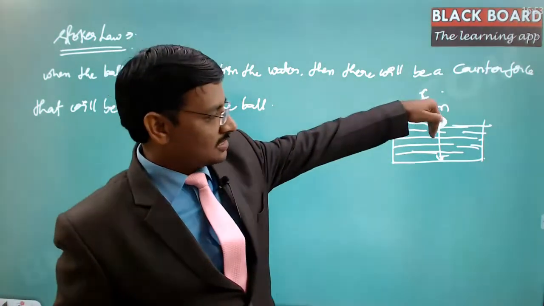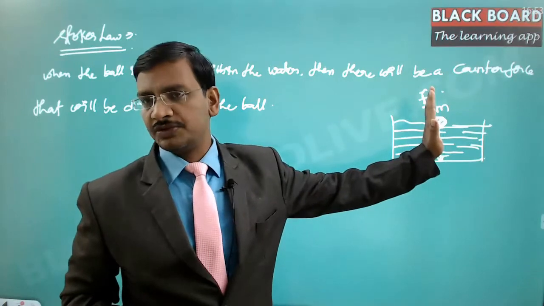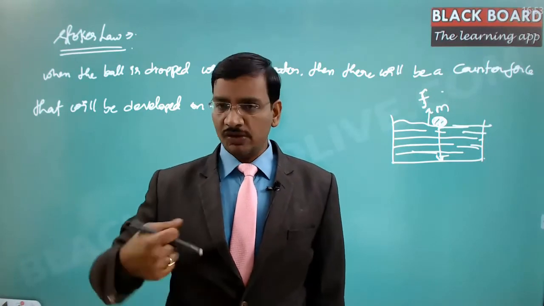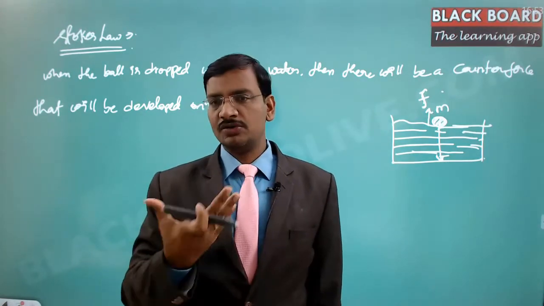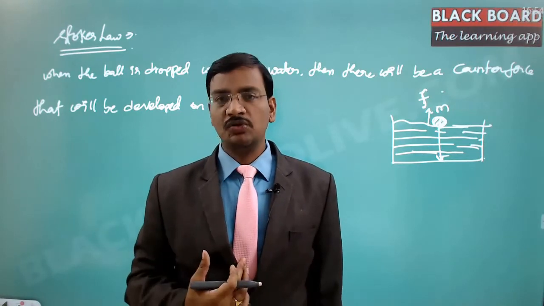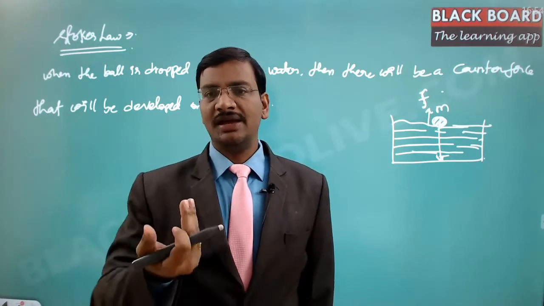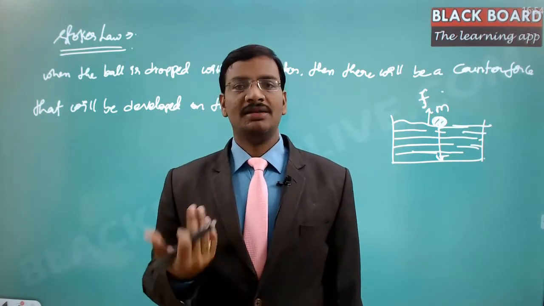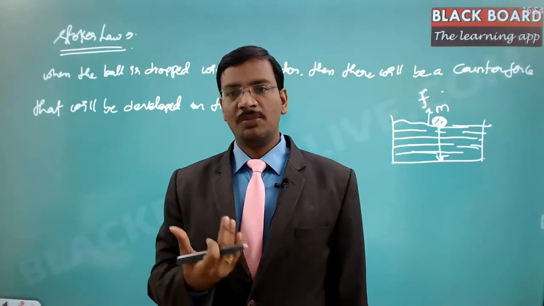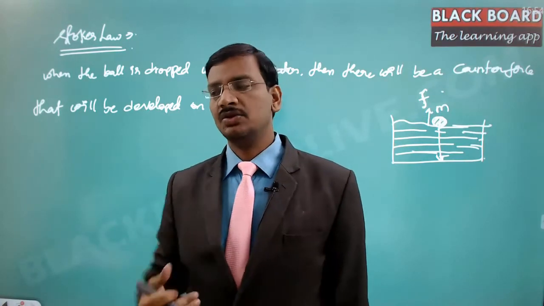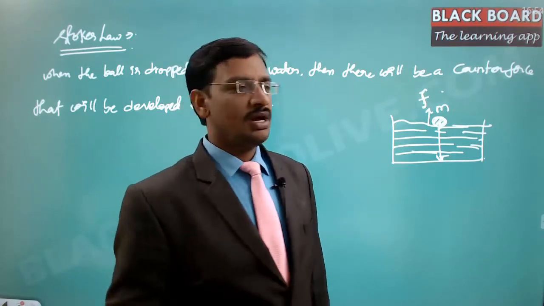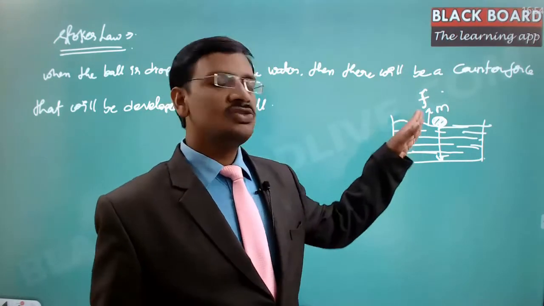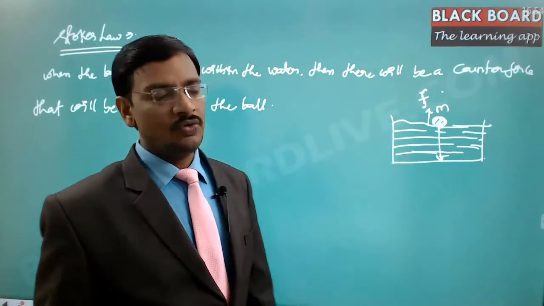As the velocity of the ball is more, the opposite directional force is more. We can even feel that when we move in the air itself. Suppose you are moving on a bike with a higher velocity, obviously there will be a counter force coming on our body in the form of the air. You are crossing the air layers, and due to the relative velocity between our body and the air, there will be a frictional force developed on our body. Hence our bike velocity is getting reduced, obviously, right? And whether it is water or air, it doesn't matter, as long as you move relative to the fluid.